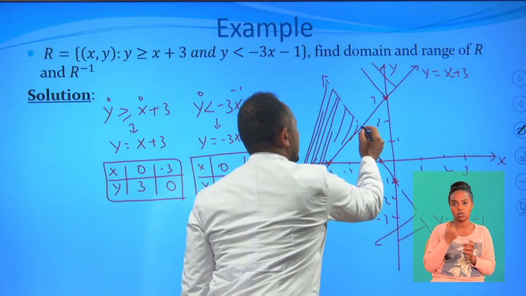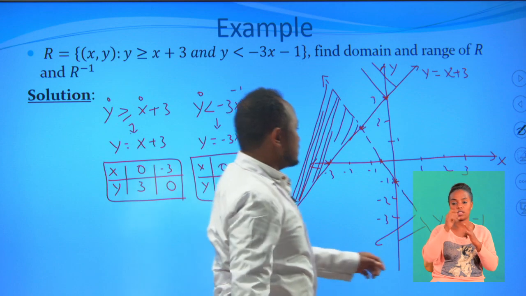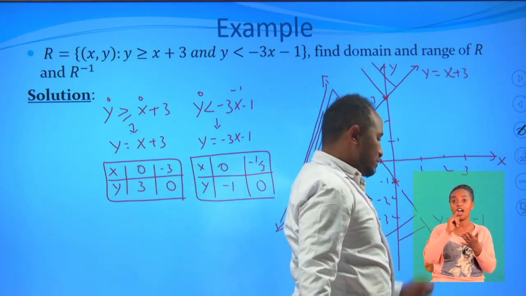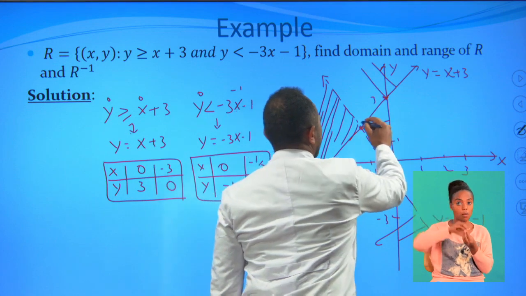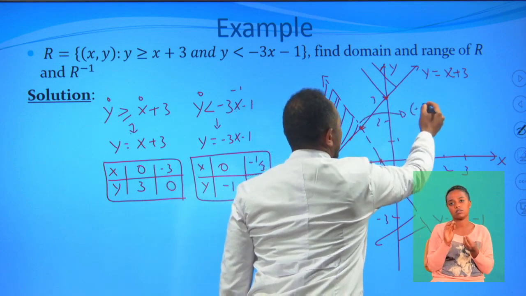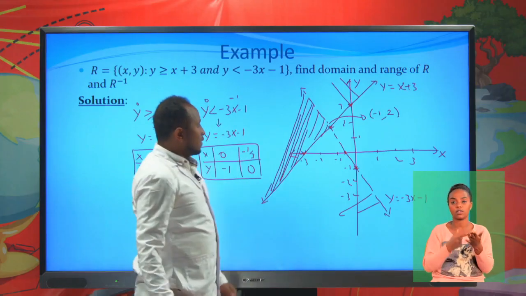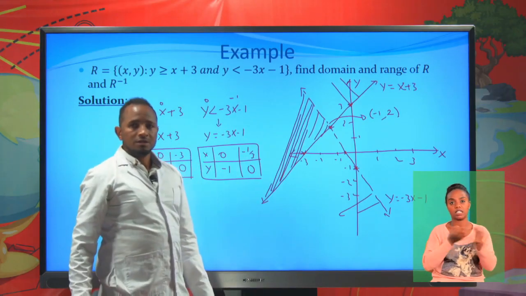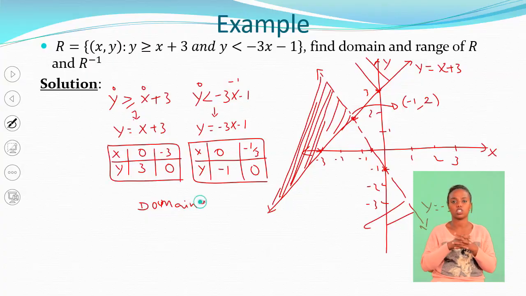And we have this intersection point. So to find this intersection point, you can add these two, and simultaneously you get this point to be negative 1 comma 2. So from this graph, now I can determine the domain and range of this relation. Domain of R